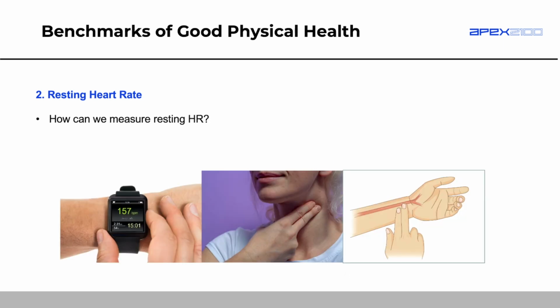In order to measure resting heart rate, you can of course use an Apple Watch. The best thing to do is to wear your Apple Watch for a few days and then get the average. It should normally tell you. You can also count your resting heart rate in your neck or in your radial pulse, which is just underneath the thumb. You can count it for 15 seconds and then times it by 4, and then you get your 1 minute resting heart rate because heart rate is per minute, right?